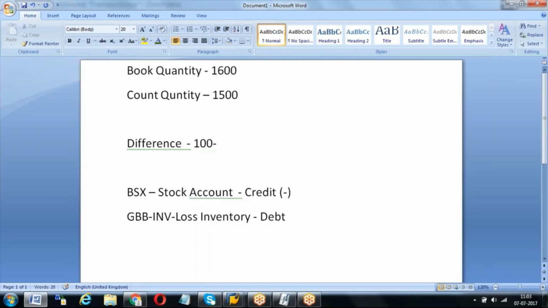It will be debit. That inventory account will get debit. You got it right? Okay. If you get loss, BSX credit. If you get gain, BSX debit, positive. That's why credit, debit. Just write it, and until you are confident, please write it like this: credit and in bracket minus. By 1 week or 10 days, 15 days, you will be habitual with this.